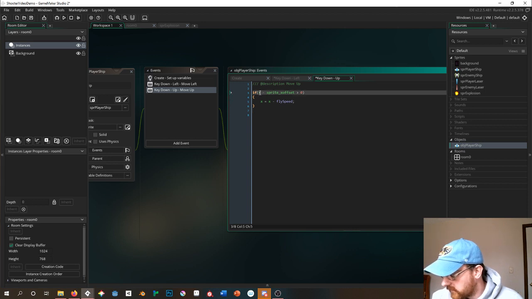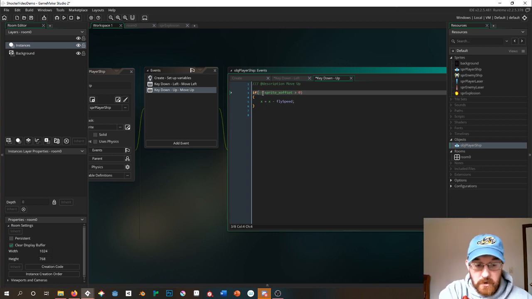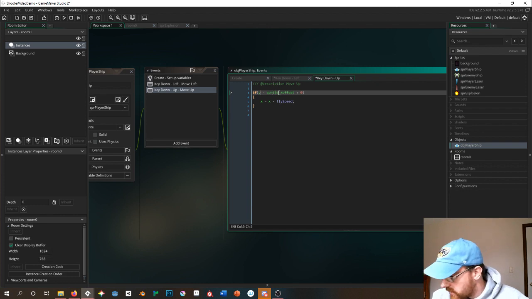This isn't left or right. We were doing left before. We're doing up now, so that's the y-axis. So now we have to change all the x's in this script to y. So y minus sprite_y_offset is greater than 450, because what we want to do is make it so that